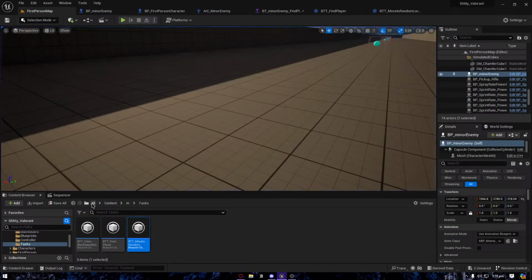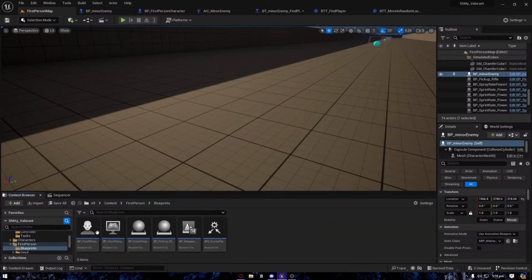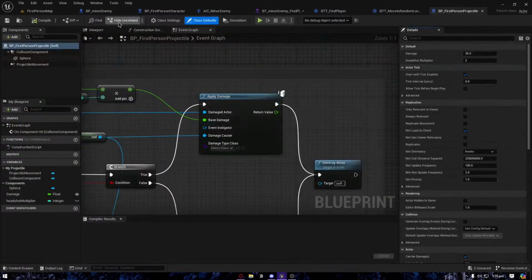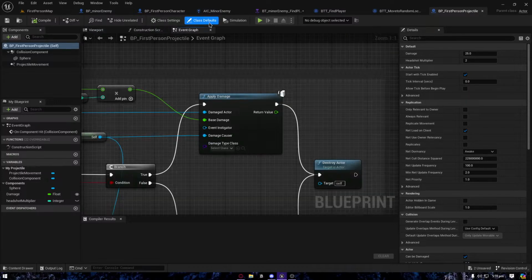What I did work on was, if you go into the first person character blueprints, this guy right here, this is what I worked on. So once I left click with the gun in my hand, what I do is I shoot out this bullet,